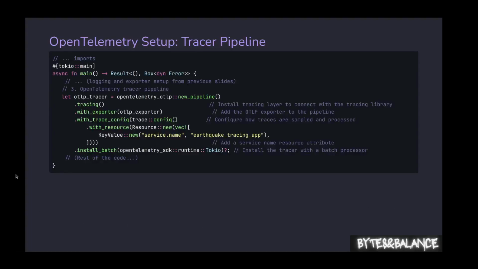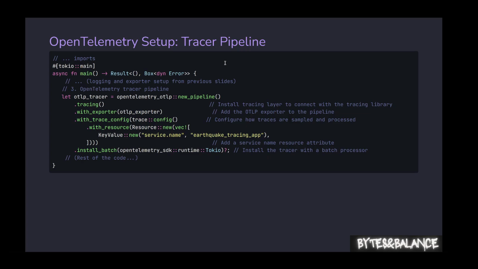This OpenTelemetry tracer pipeline is actually very essential, and it has a lot of responsibilities. First, creating spans. Whenever we use tracing info or decorate a function with the instrument attribute, the tracer generates a span. Spans record details about specific operations in our code, like the time it took, and any relevant attributes. The other responsibility is managing context. It tracks the relationships between spans, creating a tree-like structure to represent nested functions, which represent the flow of execution